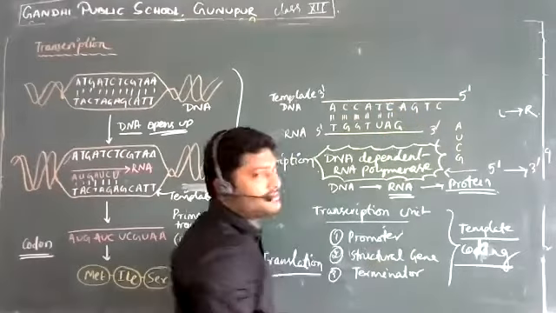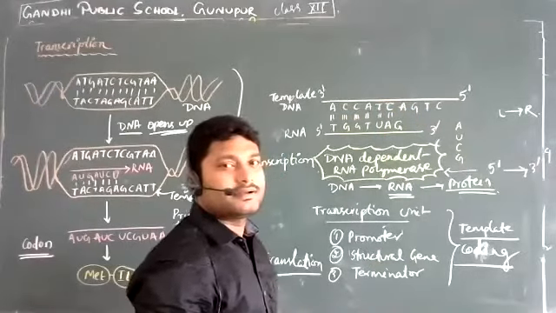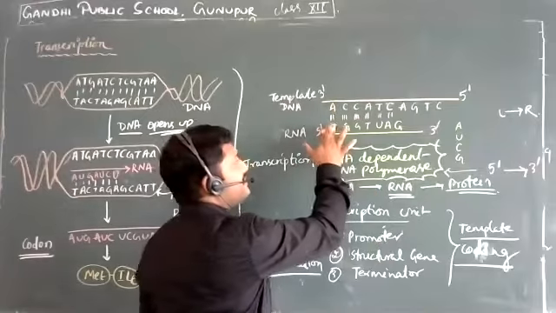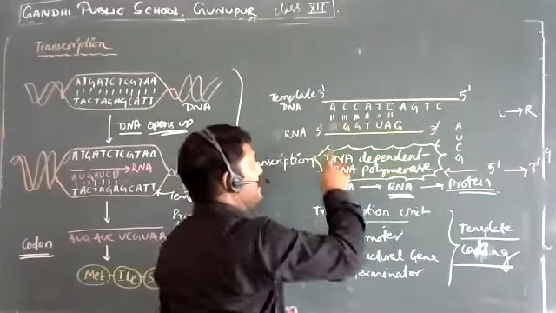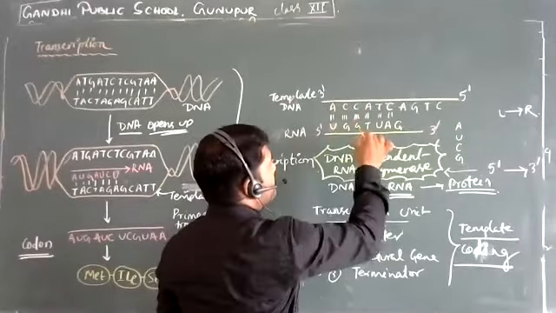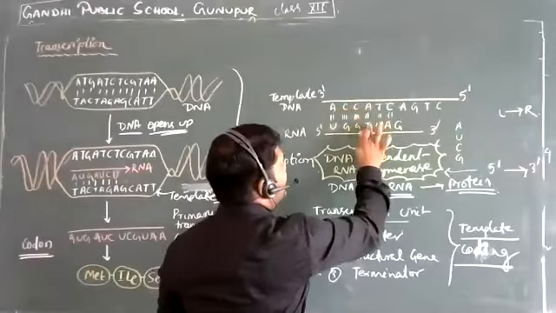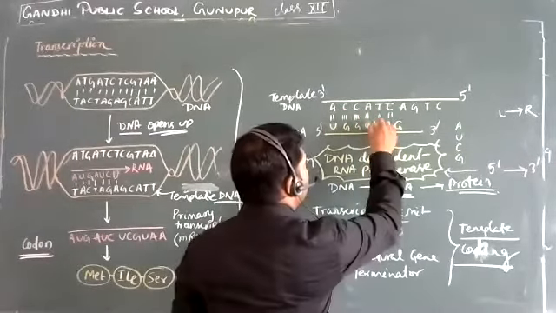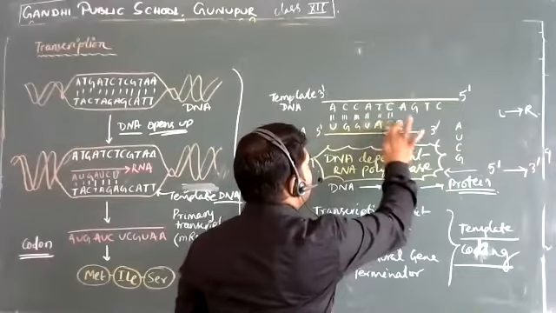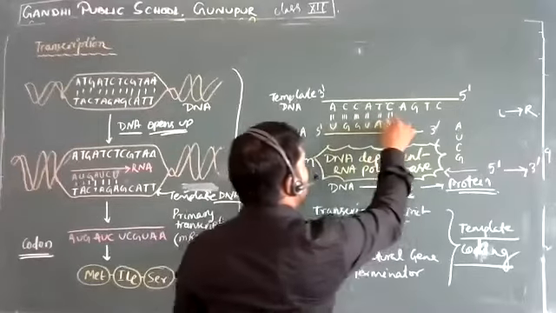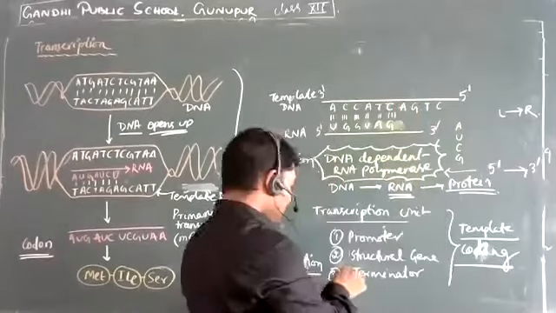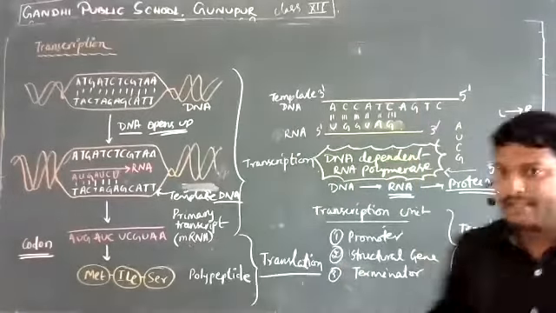Yes, sir, there is uracil. Exactly. So here what do I have to write? U. So C G C A U. This is going to be U, and this is going to be A. Then this is going to be G, right? It is going to be a triple bond.